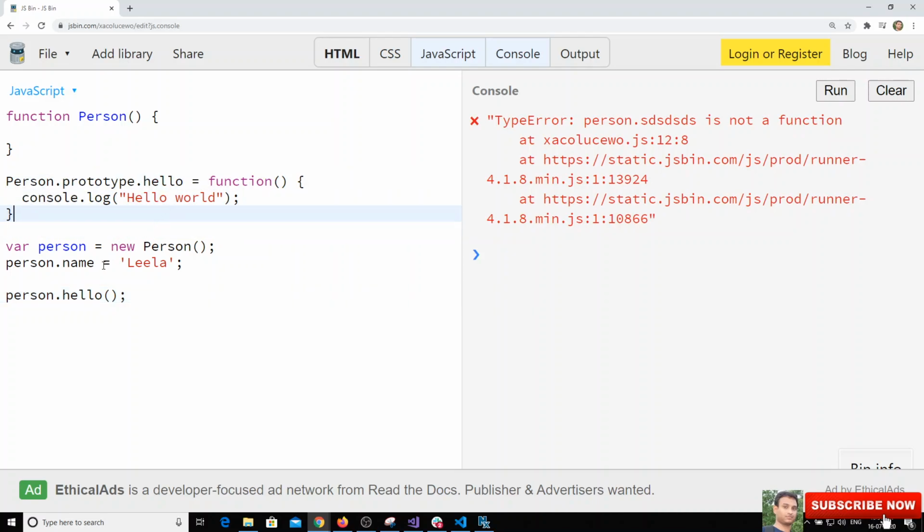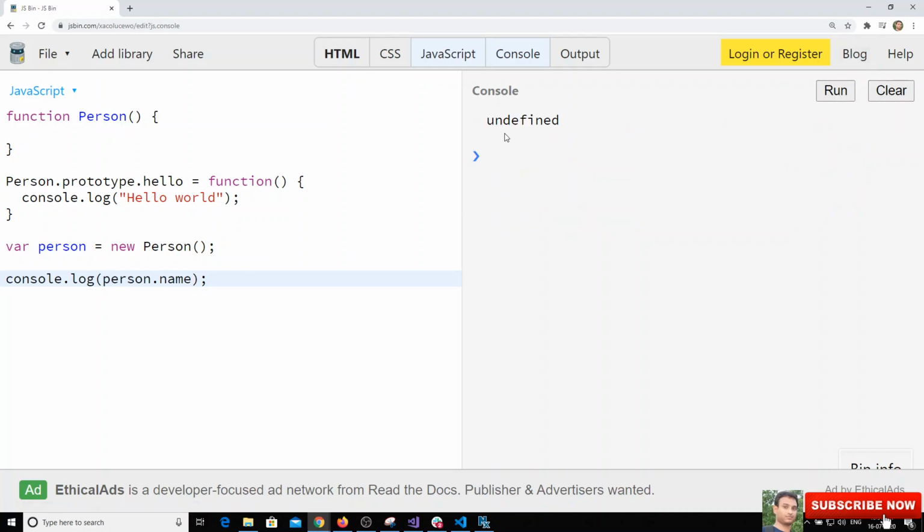Now I will remove this one, and I will try to print person.name with console.log. When I try to print person.name, we got undefined.